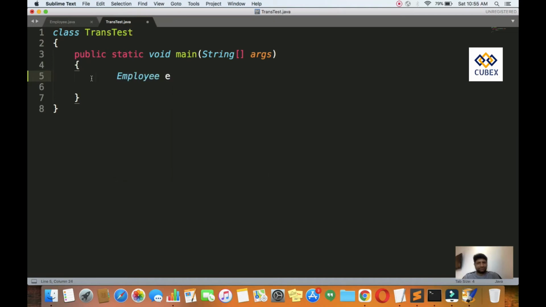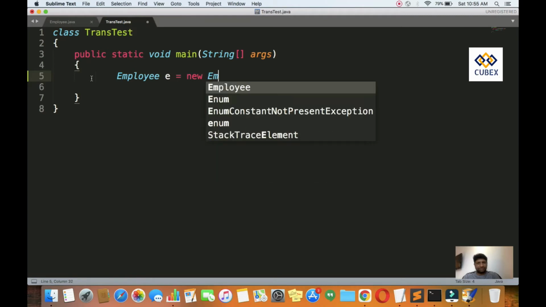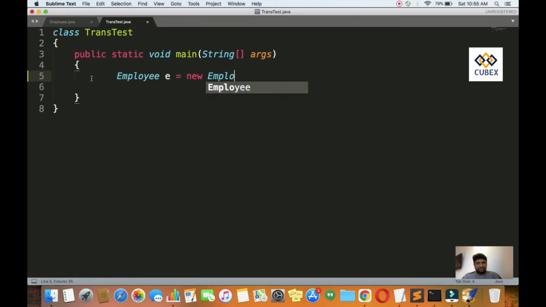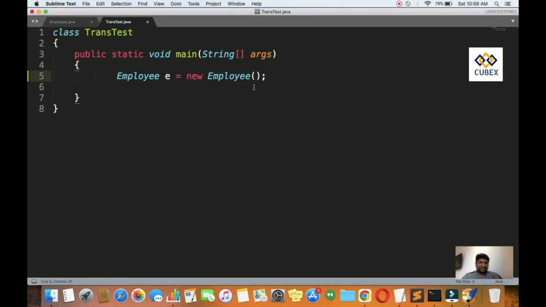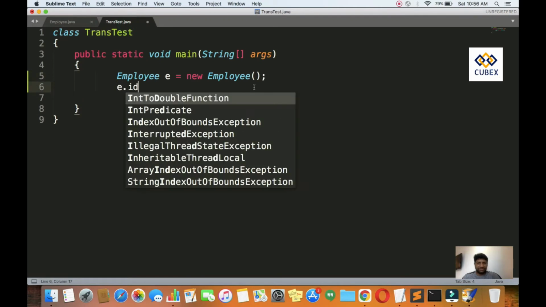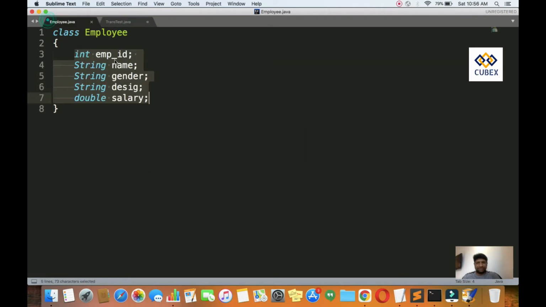First, e is equal to new Employee. Okay, but what I want to do is initialize these variables. These are called instance variables. After creating the object, we can initialize them, like we can write e dot, whatever variables we created,